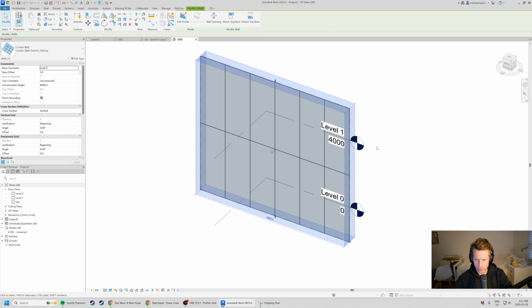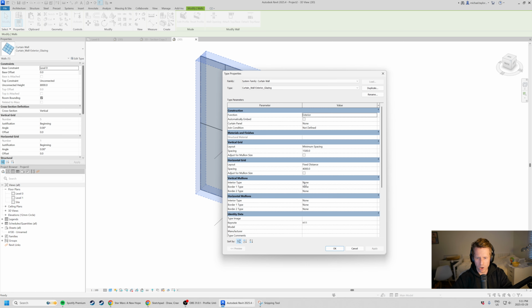Okay. Let's not do this. Let's just do this a different way. We can always add and delete and mess with this once we're done. It's just nice to have a starting point. So I'm going to leave this at 1,500. That's cool. Vertical mullions. So these are the mullions, right? The mullions we should have on our building